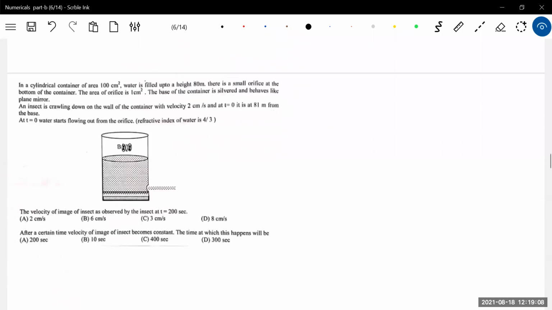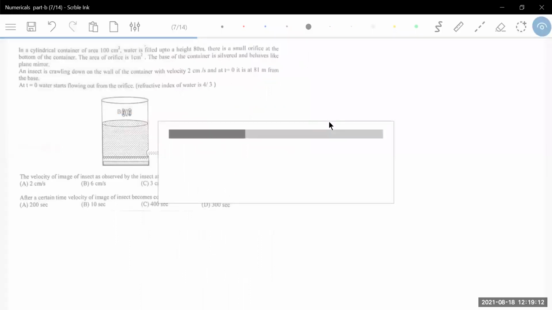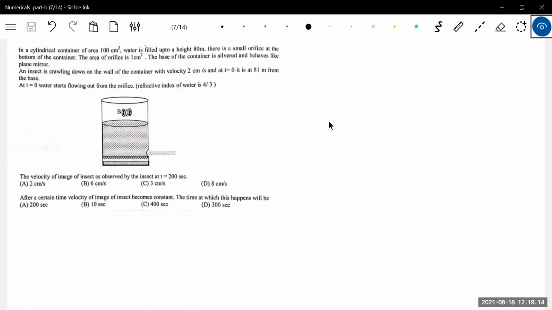Let's go for the next one. So there is no limit. Ray optics is a very generalized subject, and you have to understand the methodology involved in applying the concepts. There's no need to solve plenty of numericals, I feel. That is my view. Read the question, a little bit of data is there.